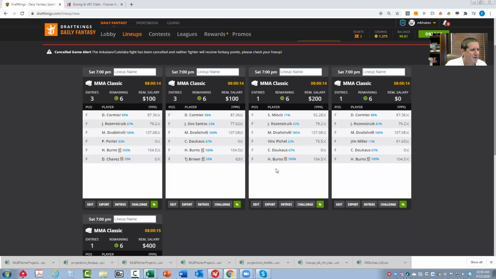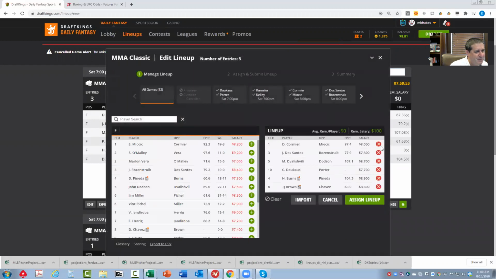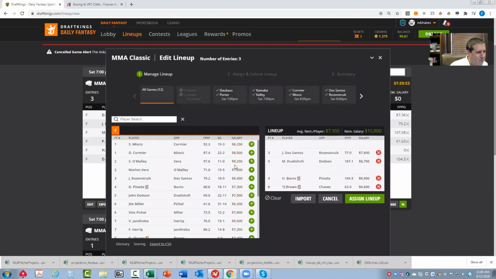So you have 50% of Cormier, because that's the thing you have to remember. You got to get 50% of Cormier, right? Miocic, right now I only have 11% of him. So let's see what else you can do. And I already have 33% of Porter, which is what I want. Maybe you get a little bit more of him. So let's just see something like this, if we wanted to get more of Porter,